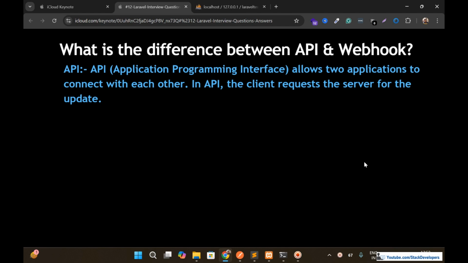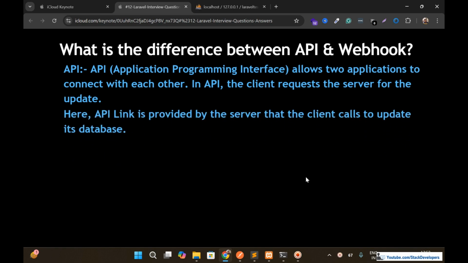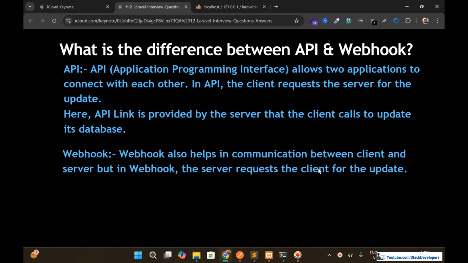In API, the client requires the server for the update. Here the API link is provided by the server to the client, and the client calls it to update its database. So it's the responsibility of the client to run that API from time to time, so that it is able to update its database. Now, in the case of webhook,